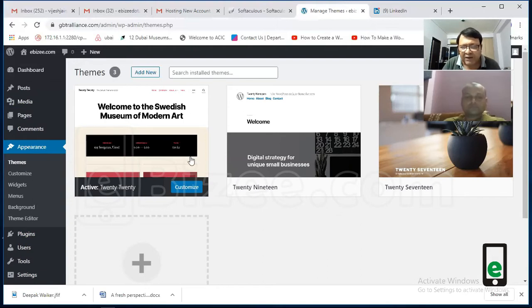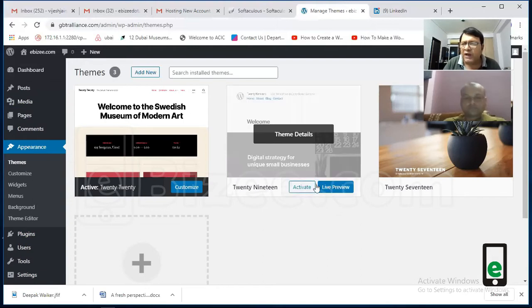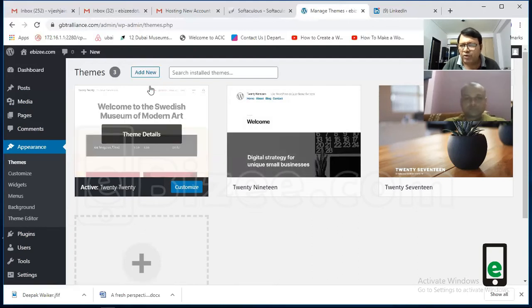For that, these themes will not help. One of the themes we will be using, and first of all why we will be using it, is because that theme requires different plugins and resources which are free of cost.